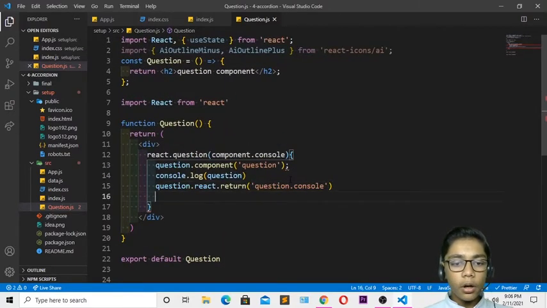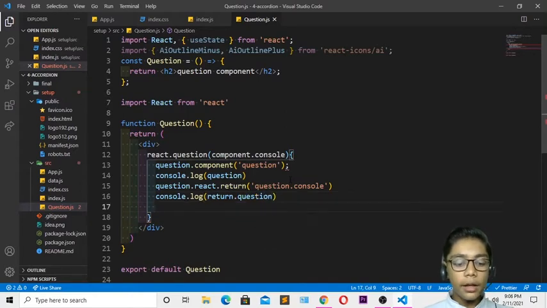So just come over here now and I will be writing another thing which is called console.log, because now I will be defining this return tag. So I'll be writing over here console.log, then right over here return. So I'll be writing return.question. So when you've done that, come over here again and I will be writing now return equal, then right over here question dot, and when you've done that, component tag. Just come over here again and I will be creating a file which is called question, because it is a question which we are defining.